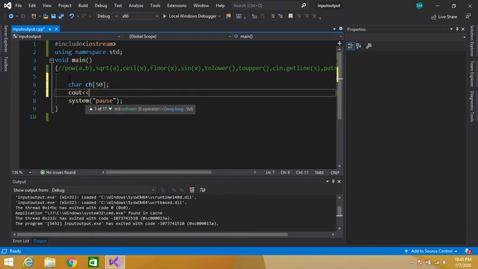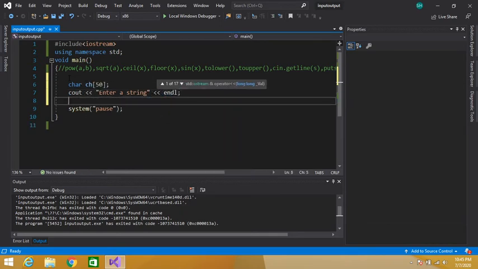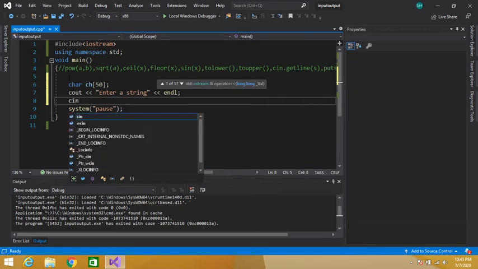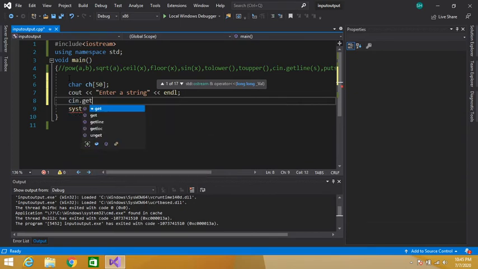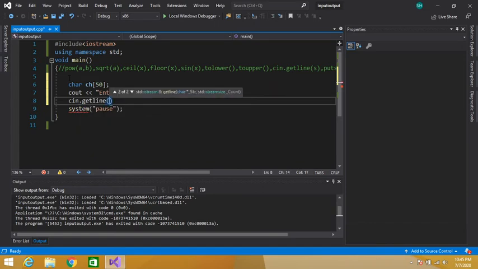Cout enter a string. So cin dot getline ch, and how many characters we want to input. Let's say I want to input 10 characters.